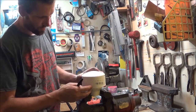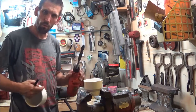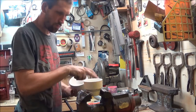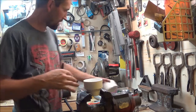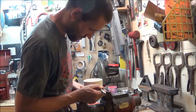So what I'm going to do is come in here and drill 3, whatever size, that's my biggest drill bit that I've got. 1, 2, 3 of those holes for airflow. And then I'm going to drill 3 1/4" holes on the opposite sides of that, and that'll be the mounting bolt holes. So basically I'm going to do 1,